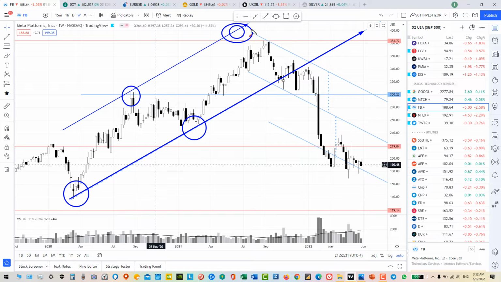Then it reflected from the historical monthly resistance, and sadly it broke the trend line, and it was a valid break. On the retest, it reflected to the downside, and the stock was in